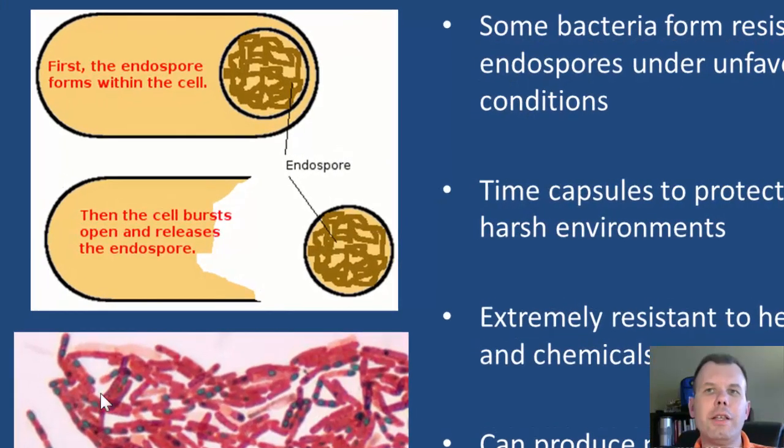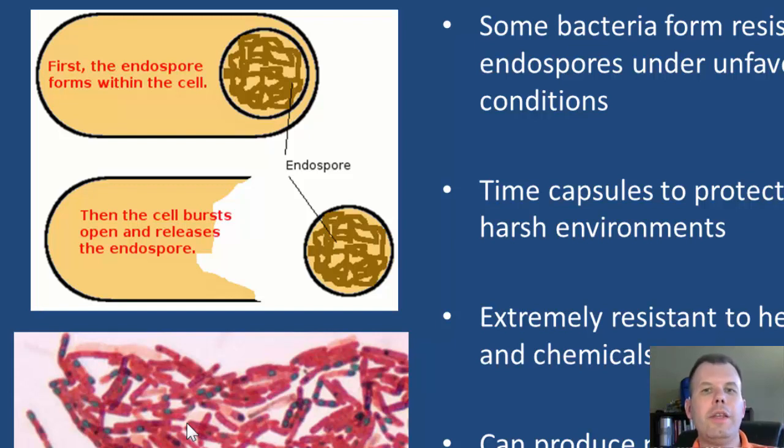And here's a nice cool picture where you see here's the normal bacteria cells, and in these green are actually the spores. And these typically make it when you get older bacteria in a media culture or whatever. And so they can grow from these little pods and come back when the conditions are right again.